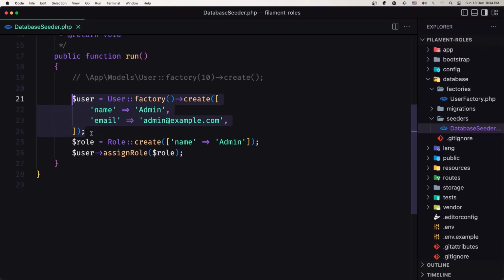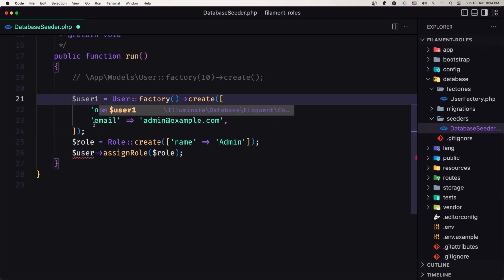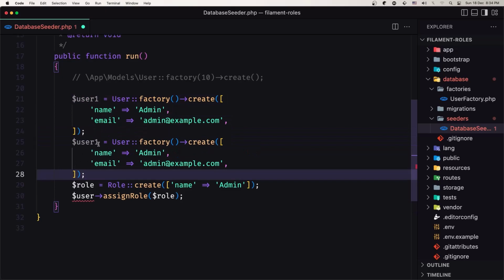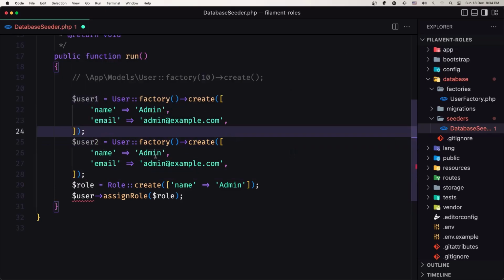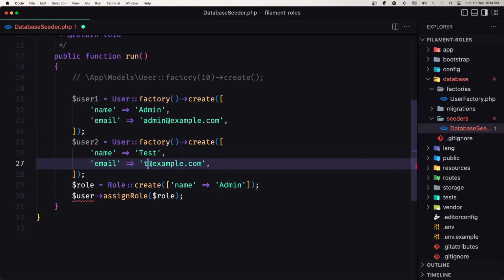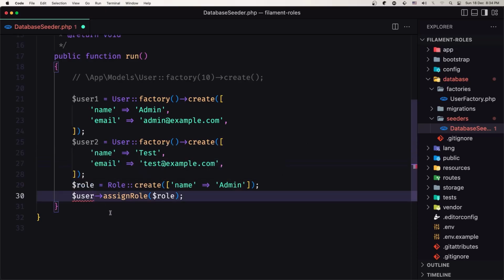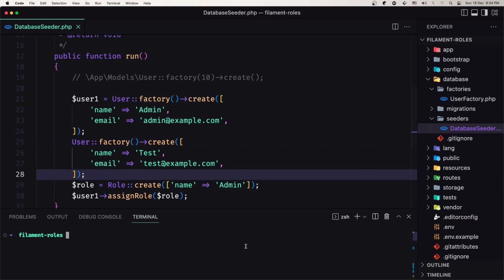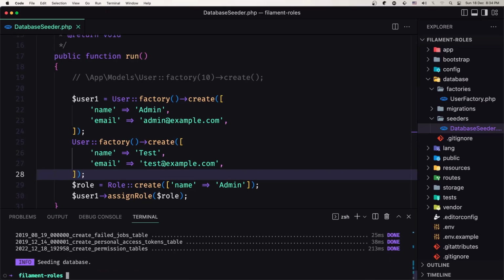But I'm going to create another one, and let's say this is going to be user 1, and let's create another one down there, which is going to be user 2. And this user 2 is just going to be a test user, and also a test here. And I'm going to assign the role admin only to user 1. Okay, and for this one we don't need to assign it with a variable, so just create another one here. Let's save